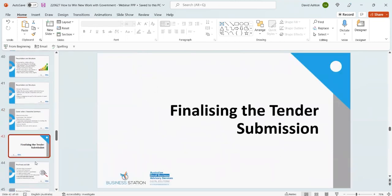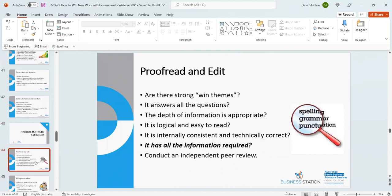And then once you've got all that done, you need to just go through and proofread and edit the document. Perhaps get an independent peer review. So you get someone that hasn't been part of the process to read the document and get them to determine